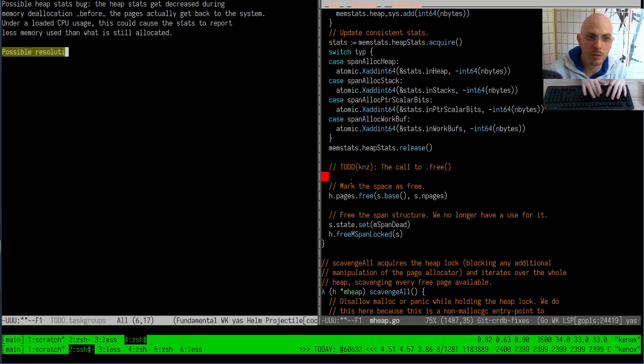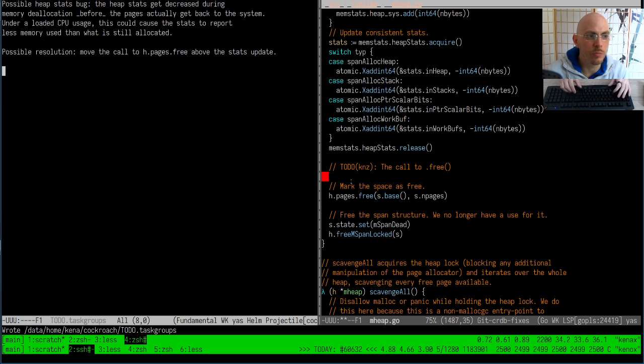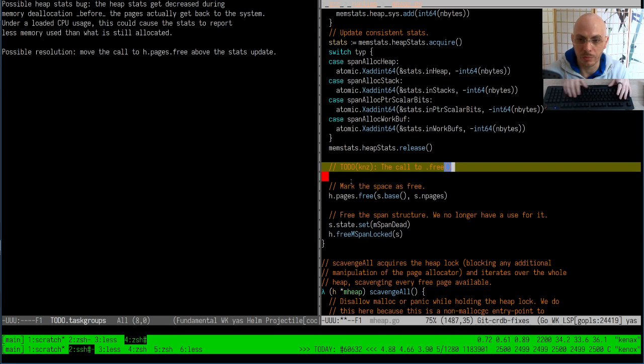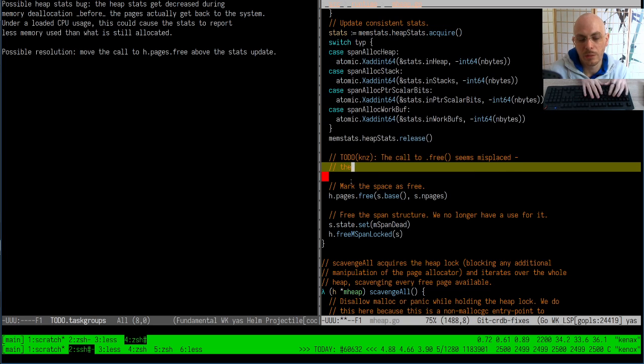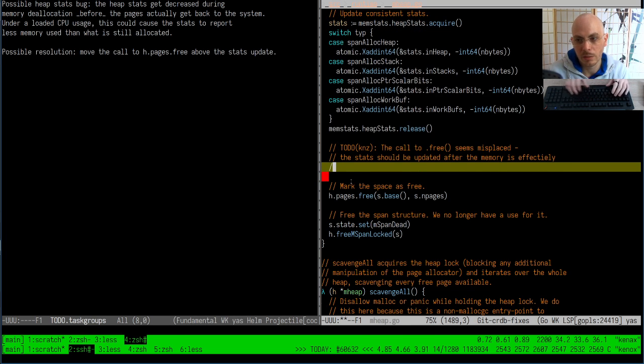Possible resolution: move the call to h.pages.free above the stats update. That might need to be filed into the Go repository as an issue, in fact. Seems misplaced. The stats should be updated after the memory is effectively